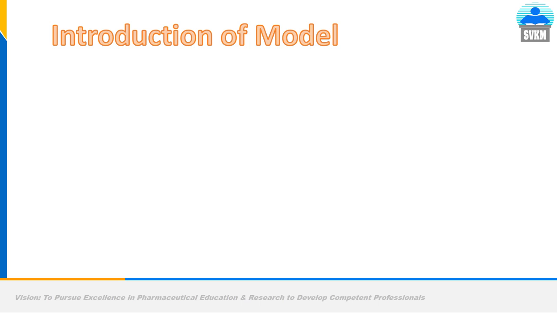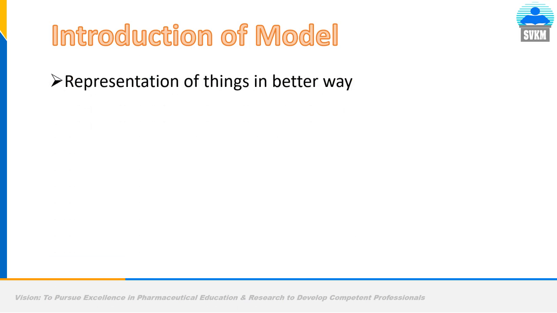Let us start with the introduction of model. A model is nothing but the representation of things in a better way. It is a hypothetical thing. Let us take one example related to a cloth shop. If the clothes are worn by different models, then we can think about how they would look if we wear them. If the clothes are arranged on a shelf, then it is not easy to understand. But when the same clothes are worn by a dummy model, then we easily understand the pattern of the cloth, the type of cloth and so on. So the model is a representation in a better way.